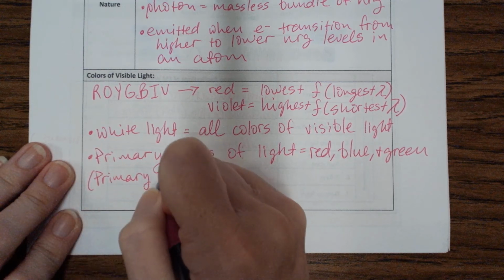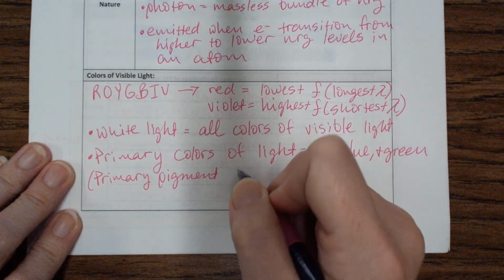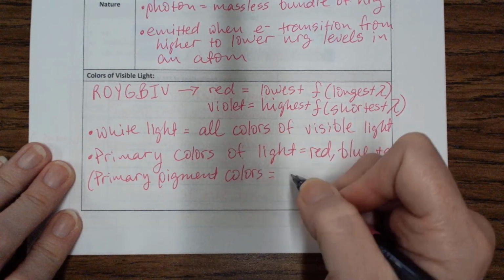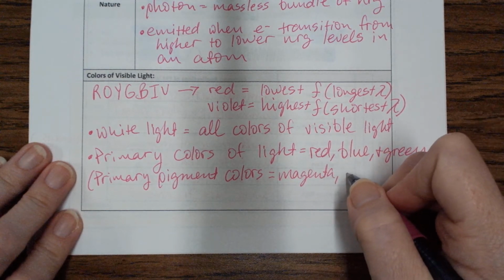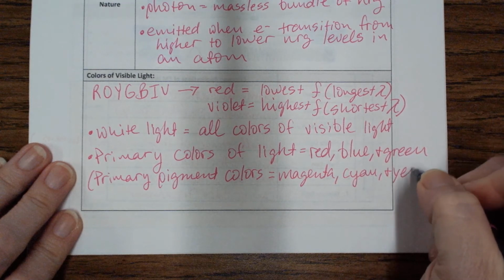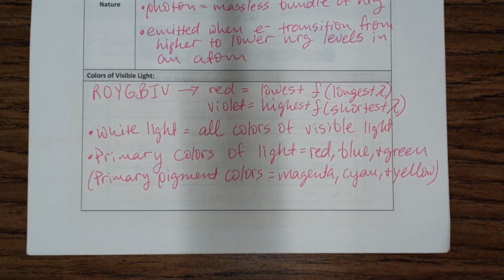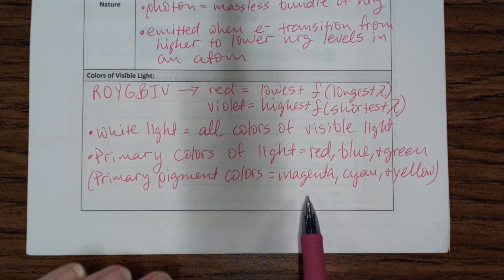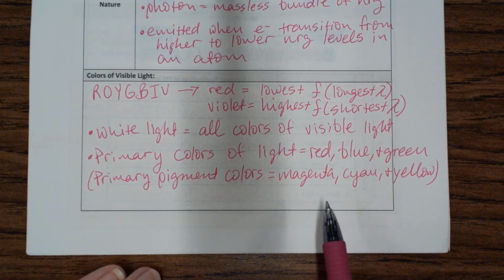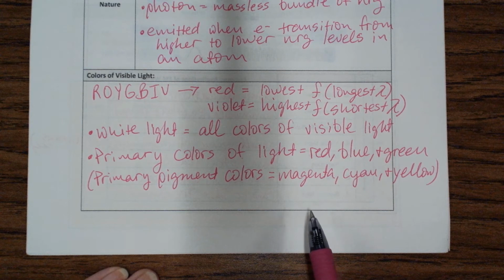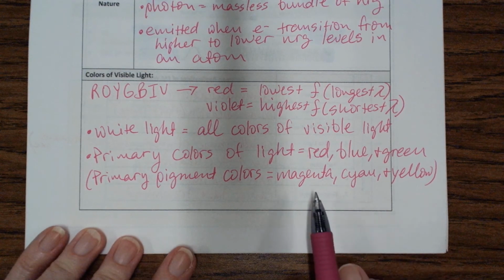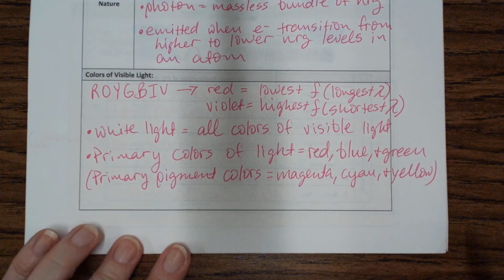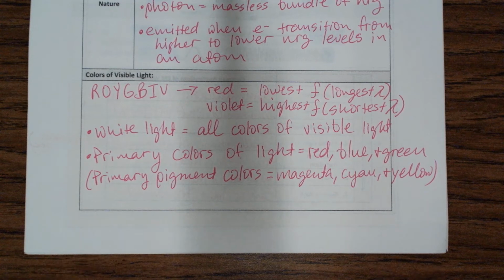Primary pigment colors, I should say, are magenta, which is like hot, hot pink, cyan, and yellow. So these may be different than what your teachers taught you or your art teacher taught you, but if you have a color printer, this makes a lot of sense because you have black ink, which is all of the primary pigment colors mixed together, or you have a magenta, a cyan, and a yellow. Okay, so look in your printer, you'll see what I mean if it's a color printer. Okay,